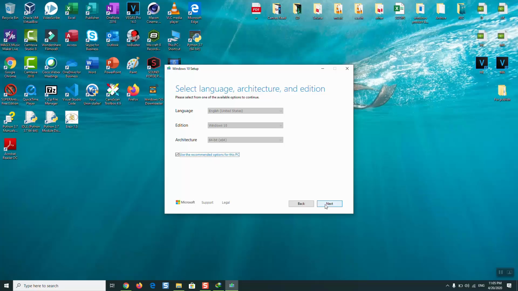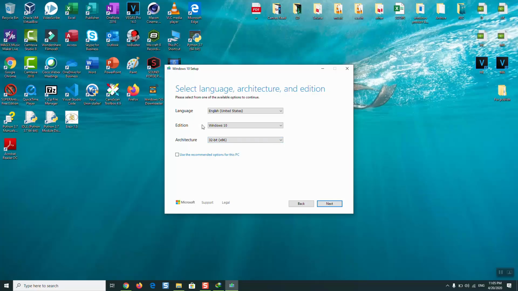However, some computers might be working on 32-bit, so you want to make sure which one to download. If you are not sure, or if you are not willing to use the same settings of the computer from which you are downloading, then use the recommended options for this PC. Next, you can select both so that you can use both, and then you click next. In my case, I know I want just 32-bit to be used for another computer,